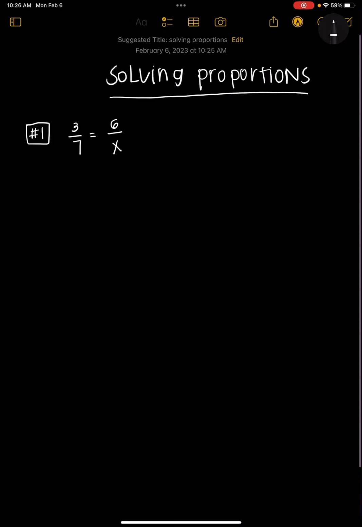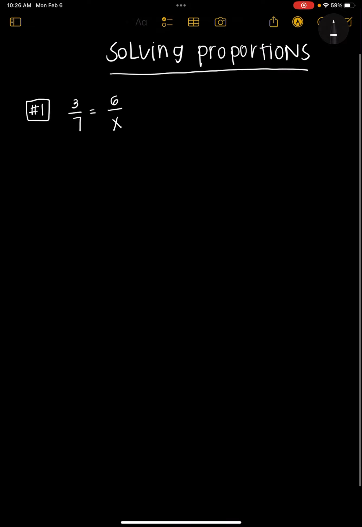The first example is 3 over 7 equals 6 over x. Now, we know that it's a proportion because there's two fractions, and when we're solving proportions, usually we have two fractions that are set equal to each other. So there's a couple of different ways that we can do this, but I'm going to show you what I think is the easiest way. So, when we have two fractions that are set equal to each other like this, what I like to do is